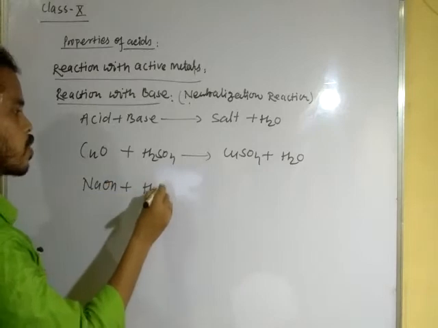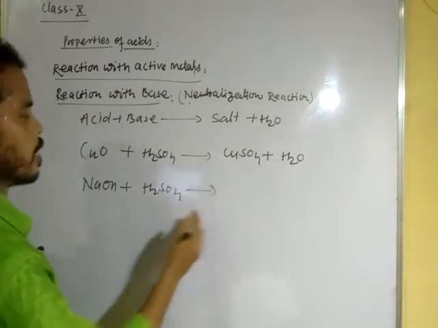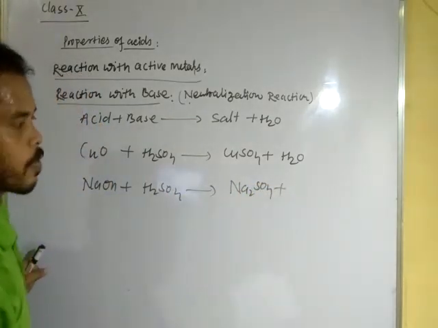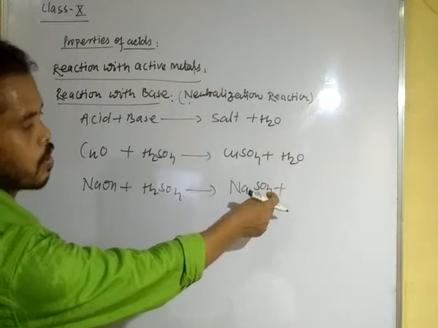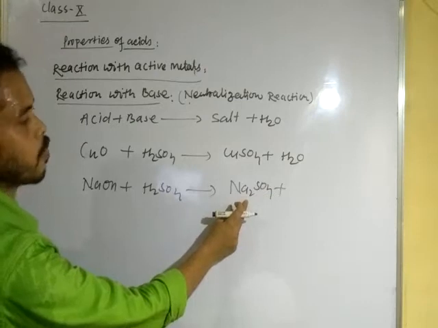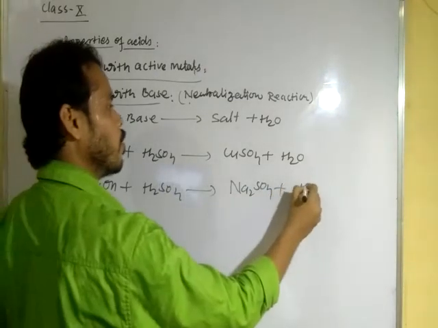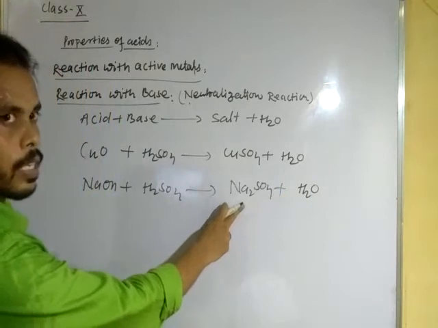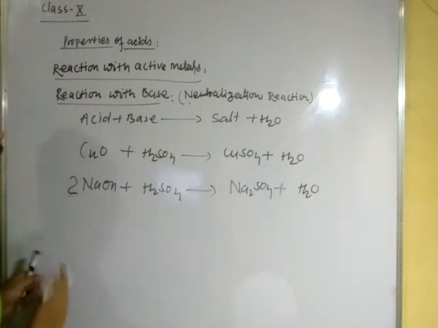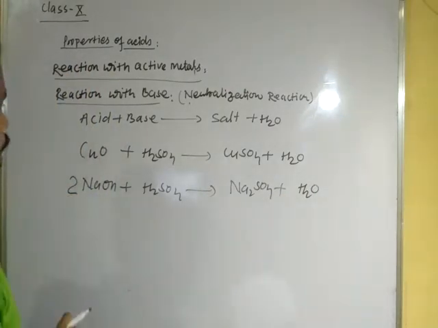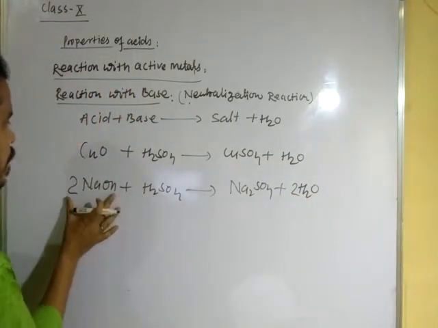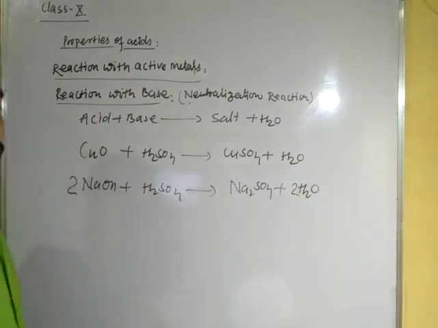Once again, NaOH when treated with H2SO4 forms sodium sulfate, Na2SO4. The formula of sodium sulfate is Na2SO4 because the valency of sulfate is 2 and the valency of sodium is 1, and it liberates H2O. Here you can see 2 sodium atoms, so to balance the sodium atoms, multiply on this side by 2. And you can see 2 oxygen, 2 twos are 4 hydrogen, 2 hydrogen and 2 hydrogen, 4 hydrogen. This reaction is a balanced reaction.